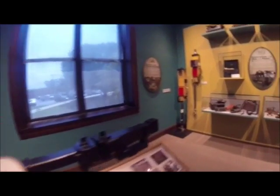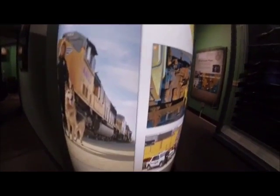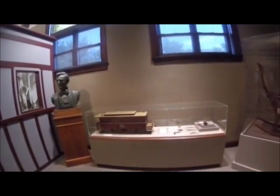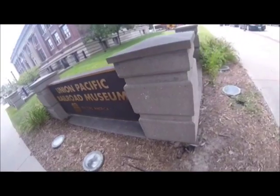Also, the Union Pacific Railroad Museum has a train simulator on the second floor where you can sit down in the cab, be in the driver's seat, and see what it looks like when you're driving a train. Also, the Union Pacific Museum provides quality exhibits and educational programming to a diverse audience about the past, present,